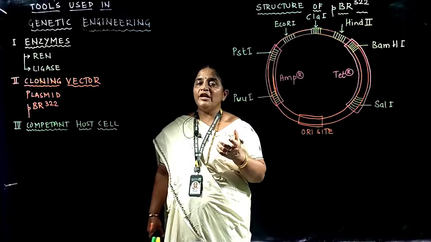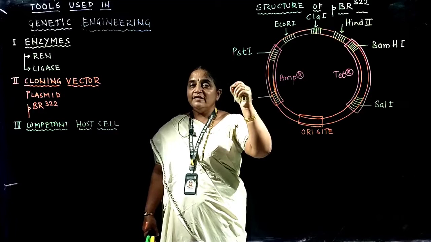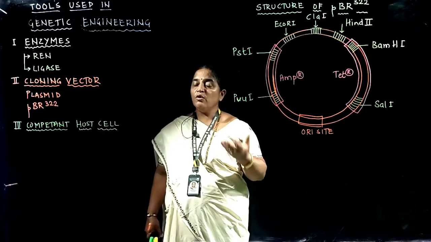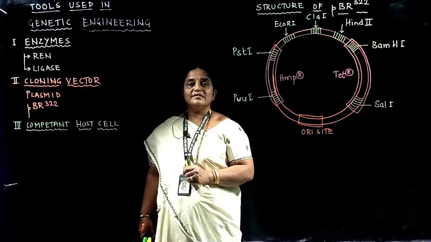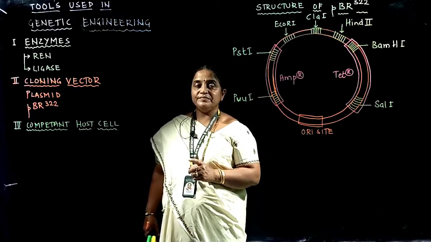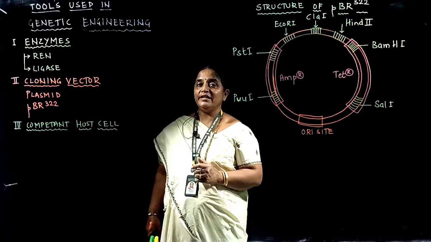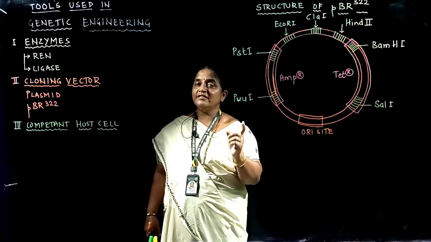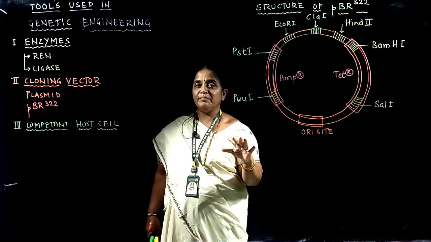Now, tool number 2 is the cloning vector. A vector is known as a molecular carrier or molecular vehicle, which we can use to insert the gene of interest and transfer it into the host cell for cloning of the gene of interest. The naturally occurring molecular vector widely used is the plasmid. Lederberg discovered the plasmid for the first time in bacteria. A plasmid is defined as a circular, double-stranded, self-replicating, extra-chromosomal DNA molecule, freely suspended.